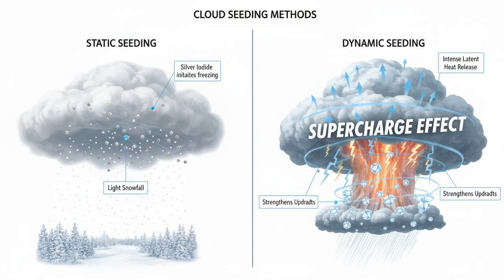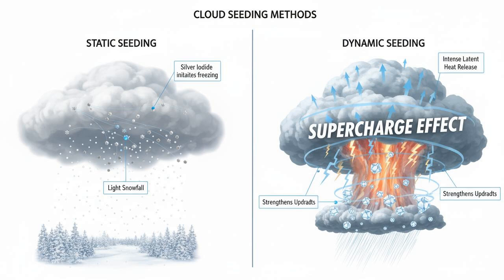The goal is to add just the right amount of these artificial ice nuclei to maximize the cloud's output. The second method is dynamic cloud seeding. This is a more aggressive approach. The goal here is to make the cloud itself more